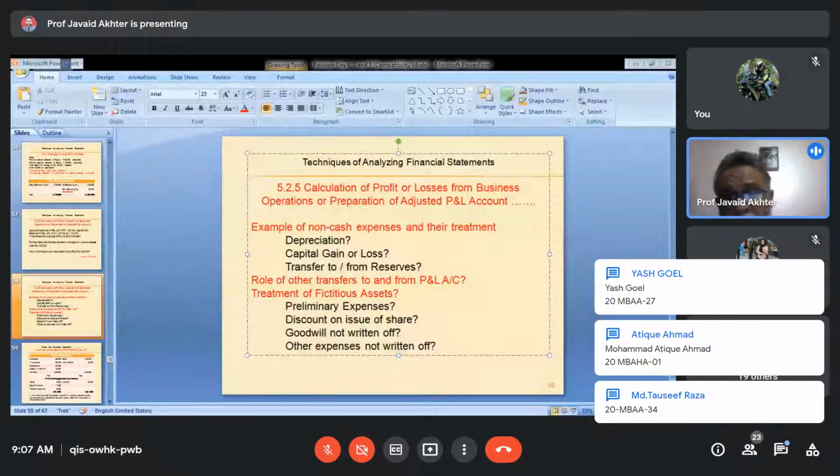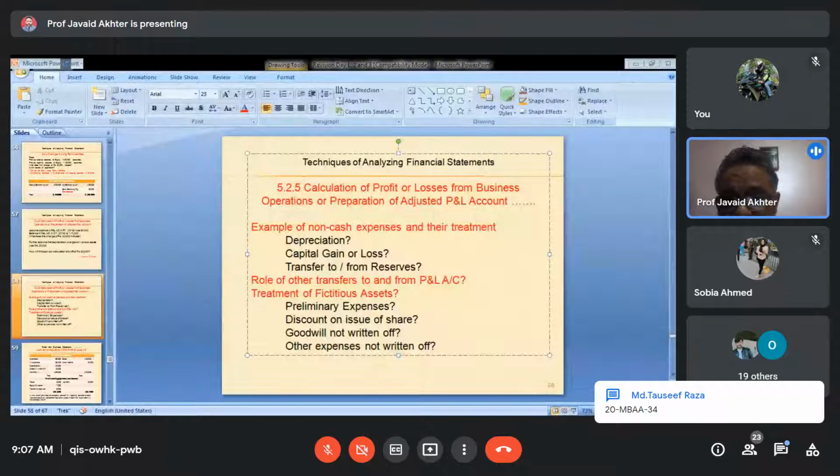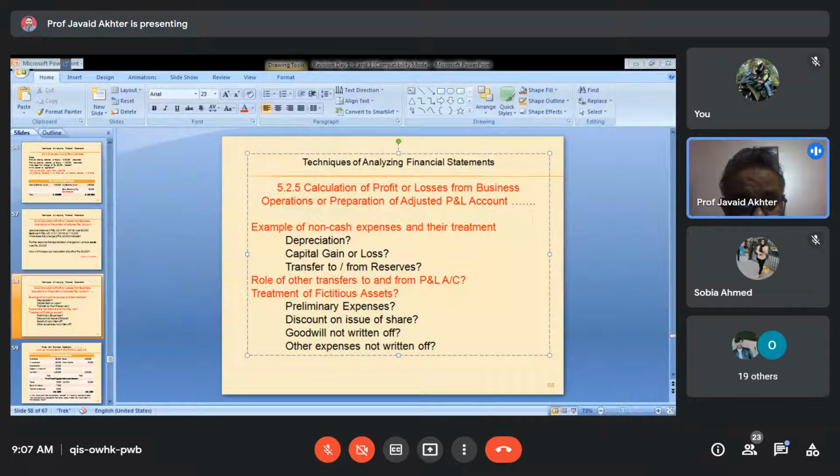All right. So preliminary expenses is one example. Then you have another example, discount on issue of shares. That is, if the company sells shares initially at a discount, a share of rupees 10 the company is selling at rupees 9, so 1 rupee will be shown on the asset side as a fictitious asset. This too is written off over a period of 2, 3, 4, 5 years. All these examples show you that there is no outflow of funds. There is no money that is going out. The same is true for goodwill also.